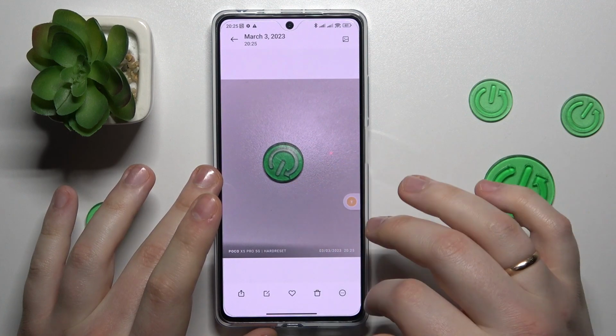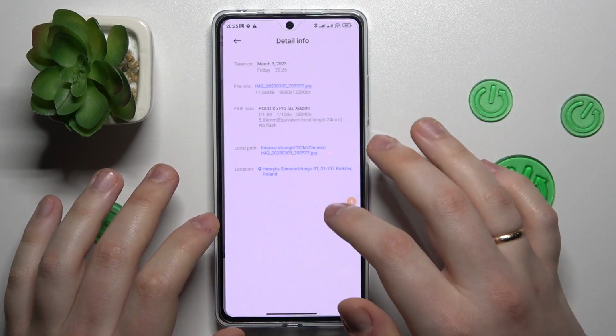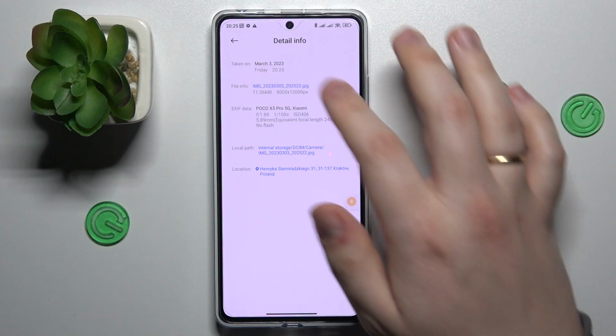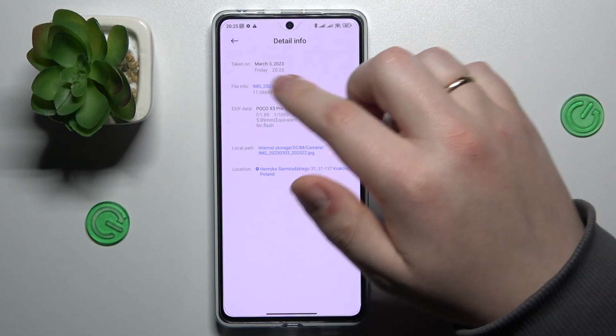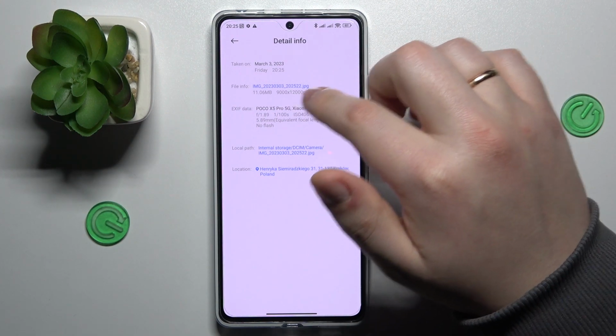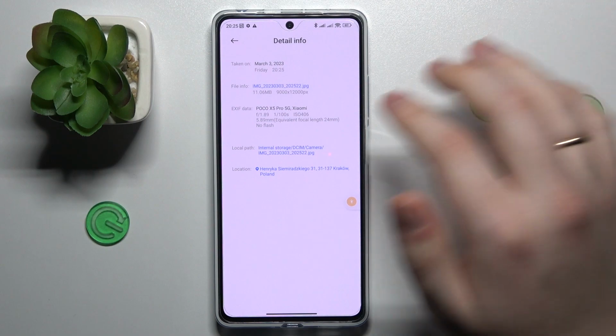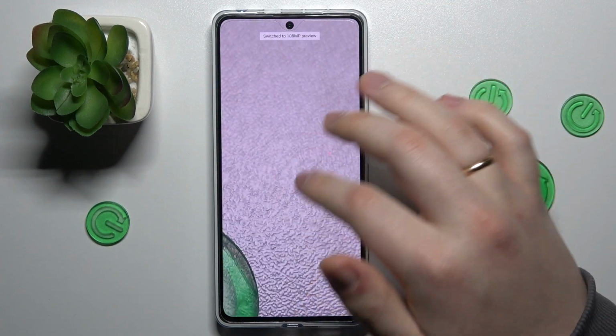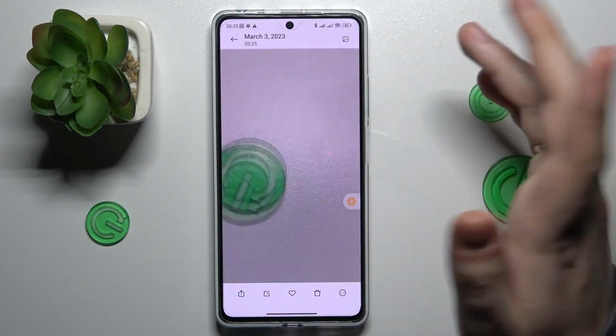So if we'll go to the picture details, somewhere in here we should have, okay, so here it is. As you can see, the resolution is, well, quite high if you ask me. It's 9000 by 12,000. So yep. And additionally, if you'll zoom into the picture and, well, you've taken it with steady hands, unlike me,